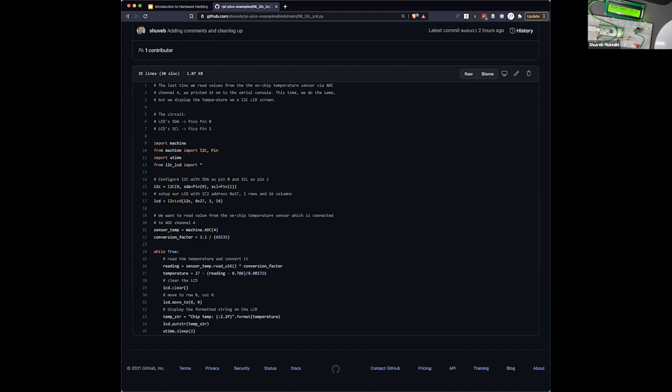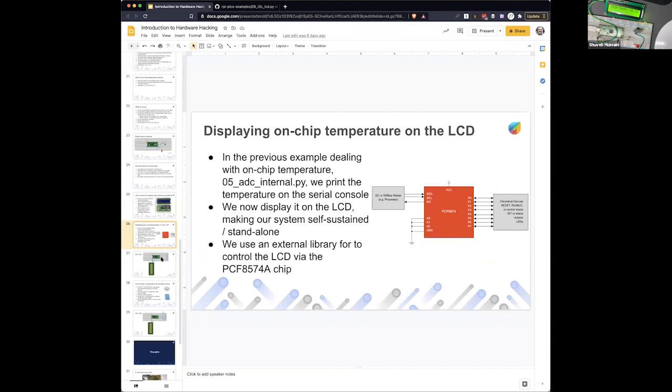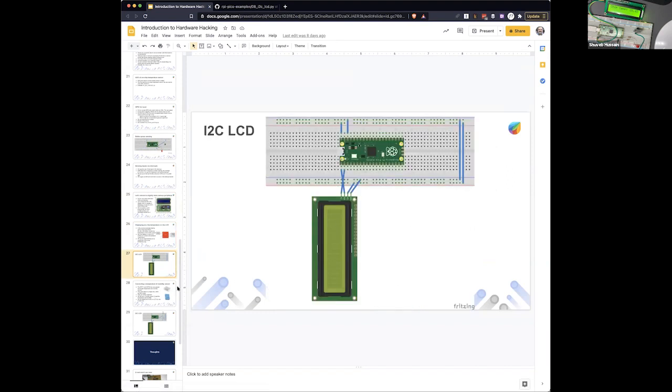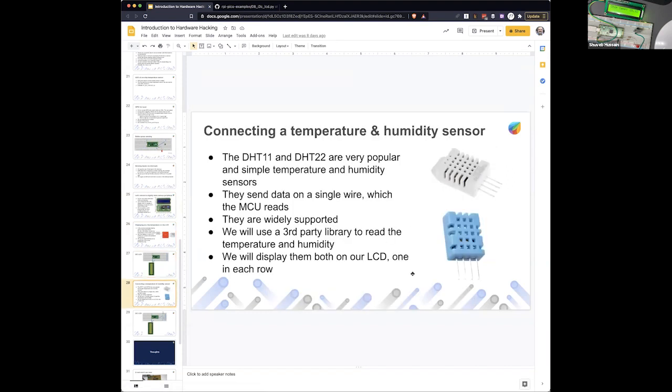So let's get a little bit more adventurous. We did this, and of course, I told you how the chip itself works. This is the wiring diagram. But let's look at connecting one more sensor. I'm using something called the DHT22, this particular chip you're seeing on my video.